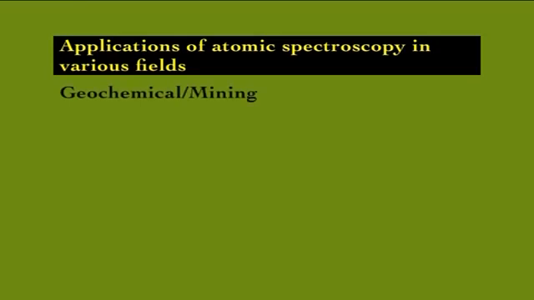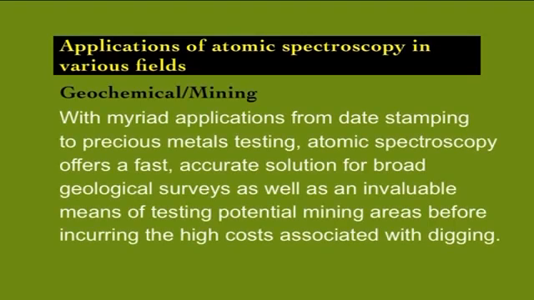Geochemical or mining. With myriad applications from data sampling to precious metals testing, atomic spectroscopy offers a fast, accurate solution for broad geological surveys as well as an invaluable means of testing potential mining areas before incurring the high costs